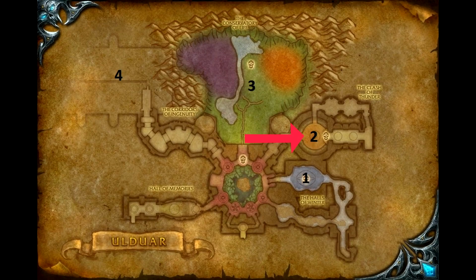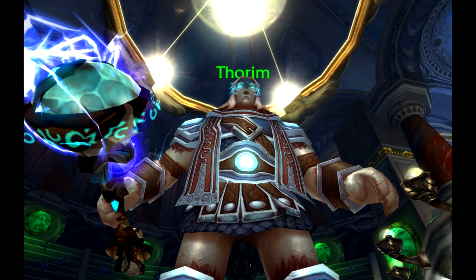Thorim is the final guardian that we need to defeat in order to make our way to Yogg-Saron's prison. He is located in the Clash of Thunder. We are going to cheat the system a little, since Thorim is impossible to solo normally because of game